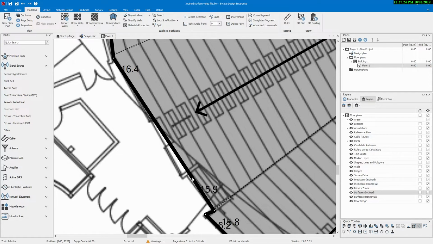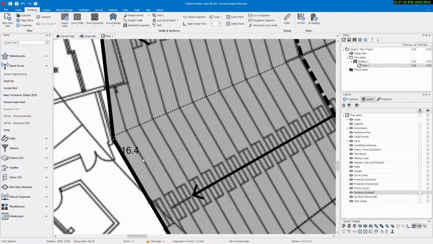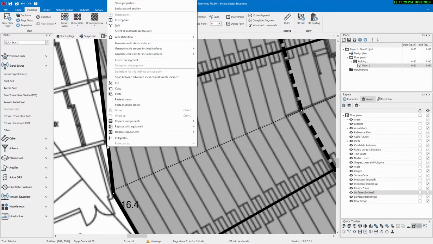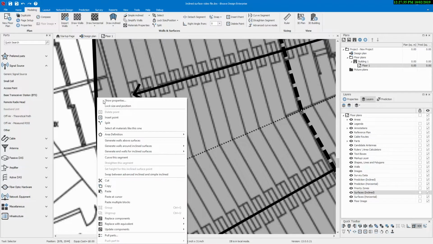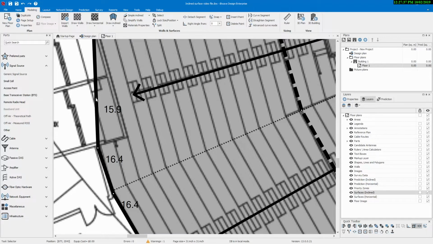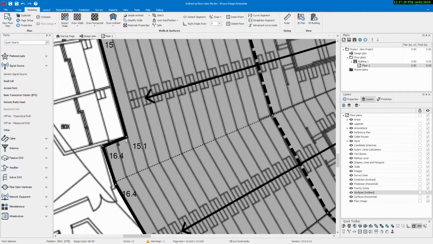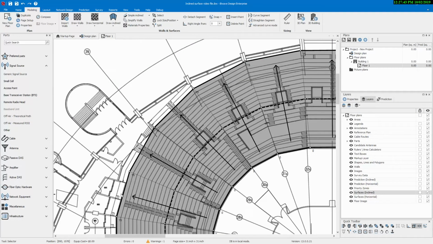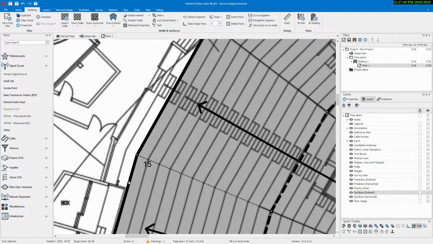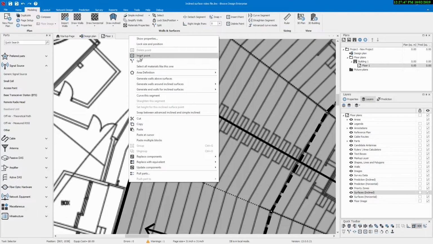Just insert another one, and in this case we need another one here to go around that section of a building. Insert, just move it over here, and so on. We could keep making this better and better,